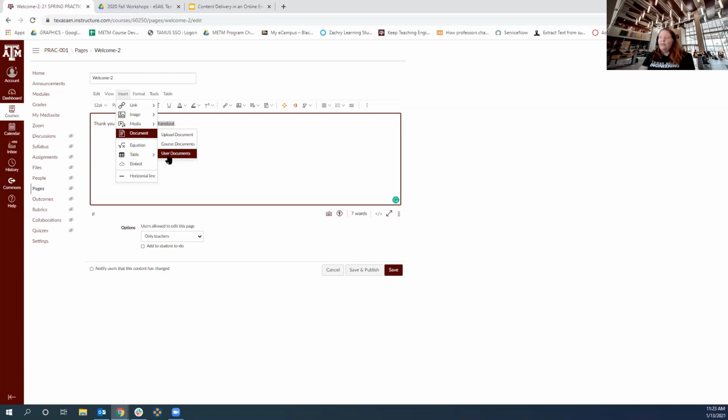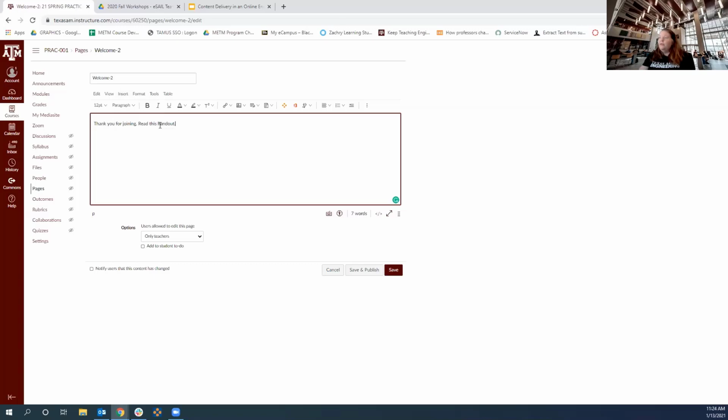Then you also see this choice that says user documents. So this is very similar for those at HUD eCampus. You have your own user files outside of individual courses, and that you can get through the accounts area. So if on the global navigation on the left you click on account, there'll be a link that says files, and you can get to there and upload documents, create folders, and some organization, just as you can within the course. So that's in the insert. When you see document, you can upload from your computer, upload from the course files, or upload from the user documents area.